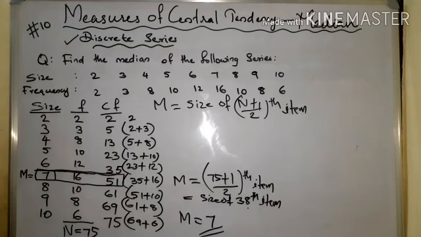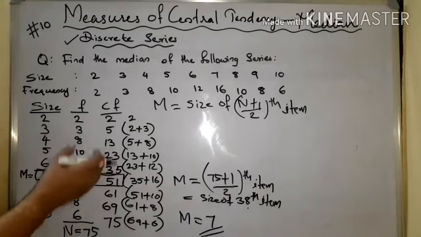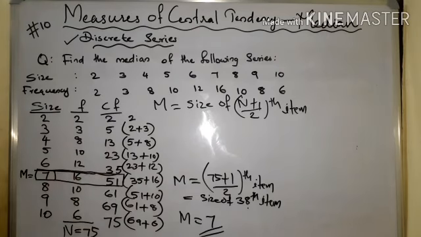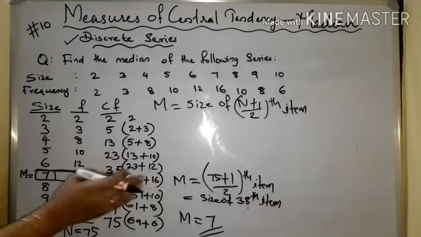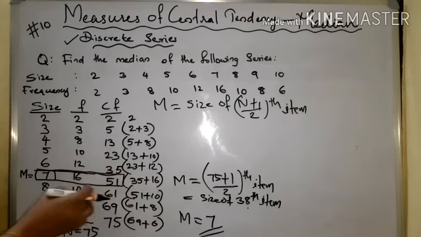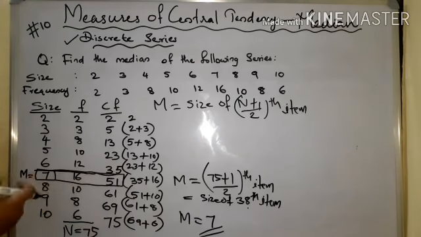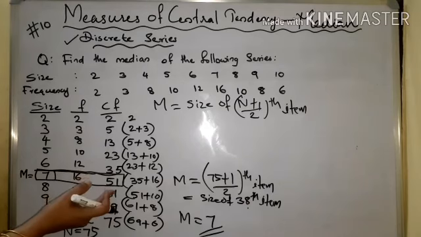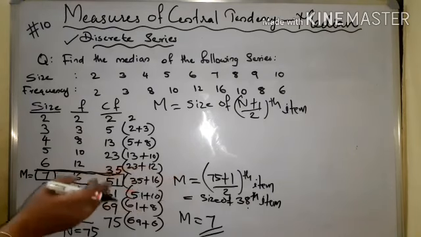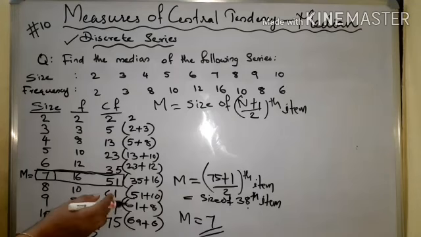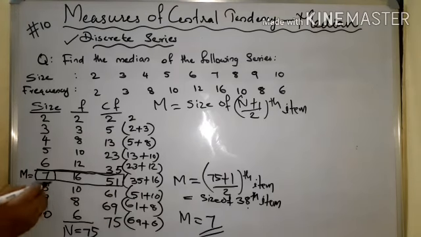Suppose, you imagine, M is equal to size of another value given, that is the 58th item. How can you find the 58th item from this cumulative frequency? Till 51 here, till 61 here, in between that value will come. So in between we can't take that value. So after 51, definitely this 58th item is representing this value. So this 8 you consider as the median.